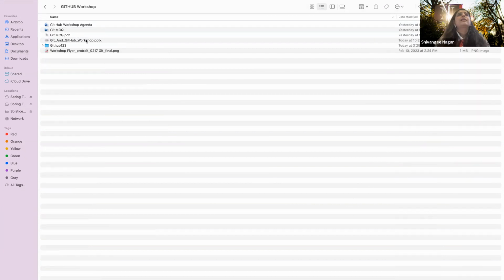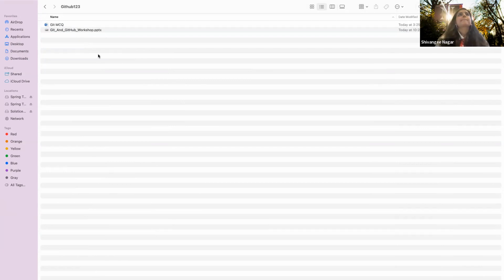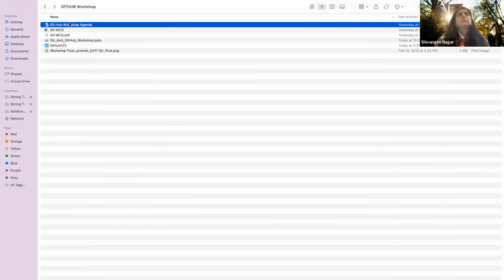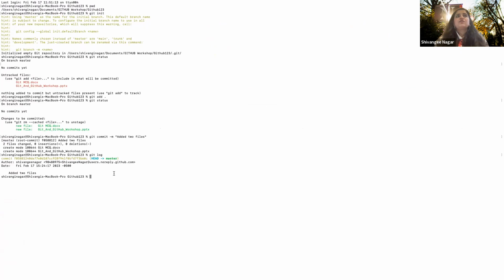So let me add this file to here. Right. So if I go back to my terminal, I have changed a file and I have added one more file.